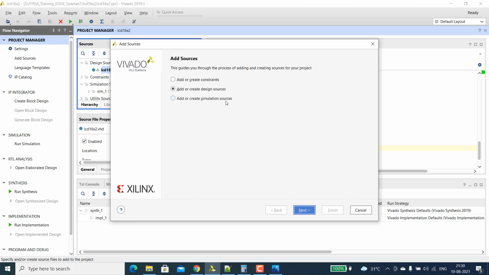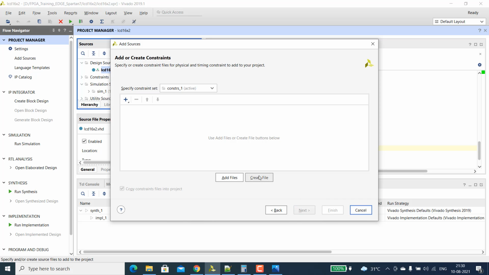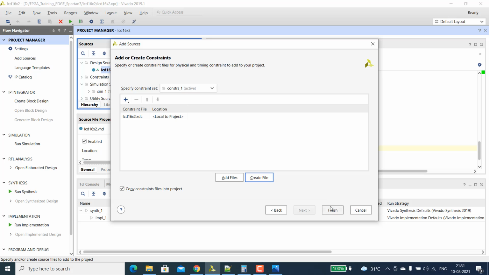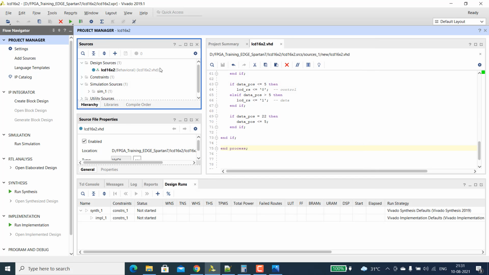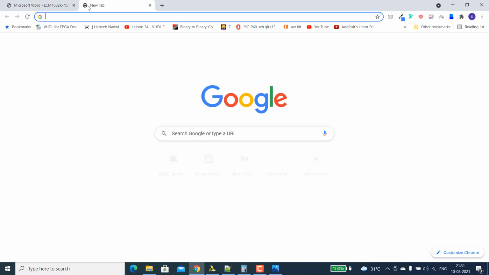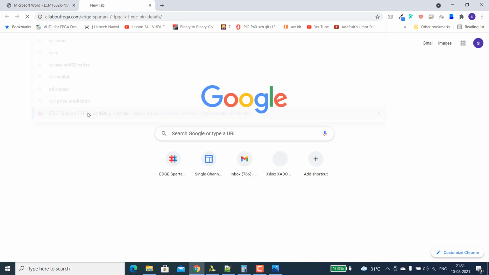We'll create a constraints file, LCD 16x2 finish. So constraints, we assign them from the XDC we have.